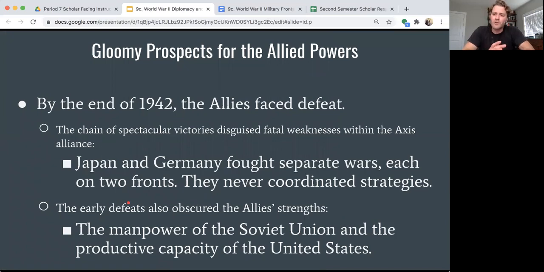Because the US can produce so much, so many tanks, so many planes, so many boats, so many everything, so many trucks, so many jeeps, so many guns, and eventually so many bombs, that is a longer term strength that takes a little longer to exert because you have to ramp up your capacity and get to a place in which you can use it effectively. Over time, it's those two things that are going to wear down the